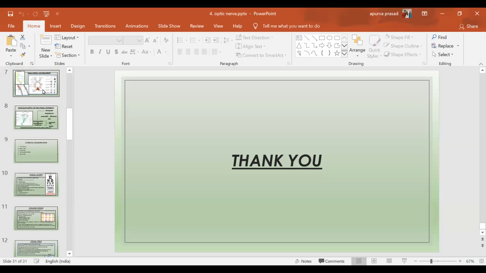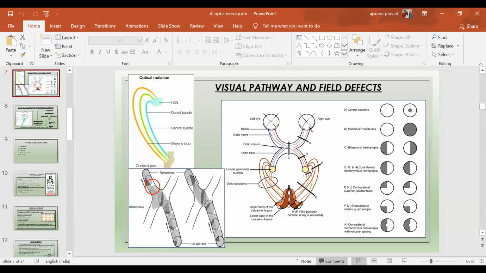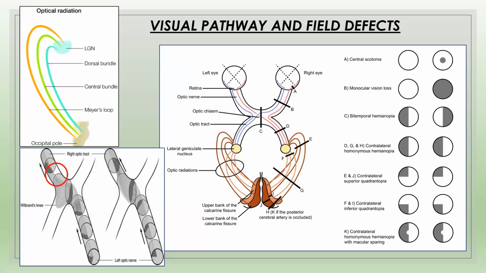I think if Apurva can go through some important slides which he thinks are useful for the exam, sir, it will be good because it's a long presentation. Yes, sir. It is important to go through basically the optic pathway and approaches to the orbit. The other thing is Wilbrand's knee. I think in the last practical examination, we had asked all three of your juniors about Wilbrand's knee, and none of them answered.